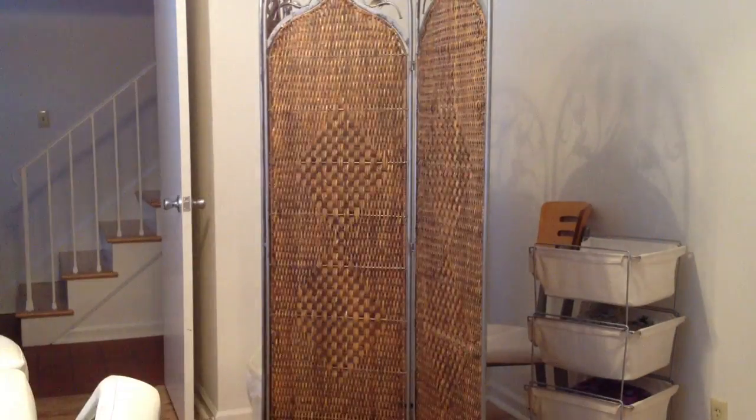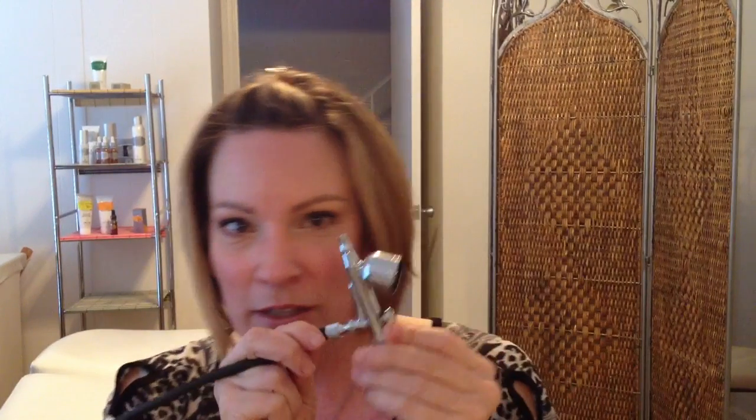I thought I'd have to get an adapter to hook it up to my spray machine, but I have my little rubber hose, and I just hook it up. I'll have to move this way. I just hook it up to this. I pour a little bit in here, and